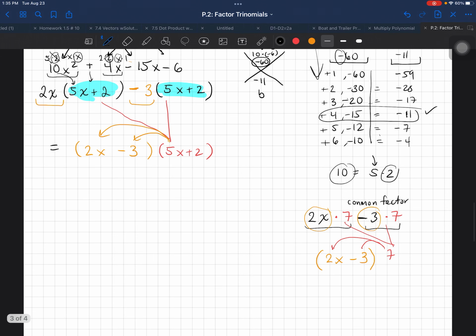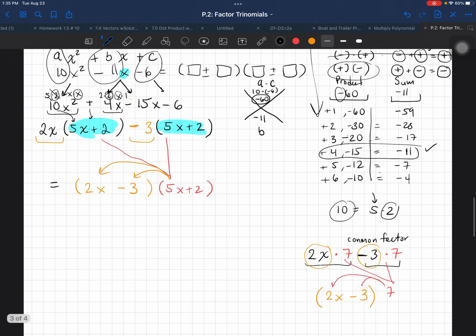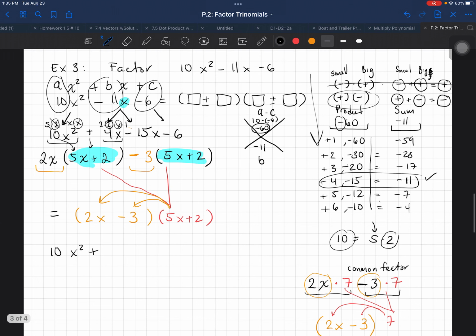Now you might need some extra time to digest that part. This is not very easy to see, but we've been doing that for a while in algebra, and it might have been a while since we saw this process. So let me do a quick recap, a conclusion here. 10x squared minus 11x minus 6 is equivalent to 2x minus 3 times 5x plus 2, right? So we factored this trinomial. I hope that this is helpful. Please let me know if you have